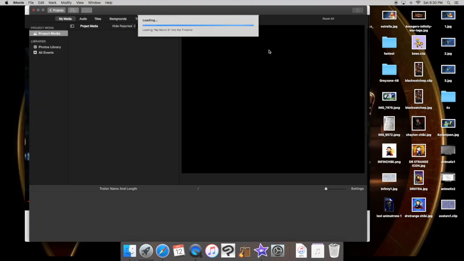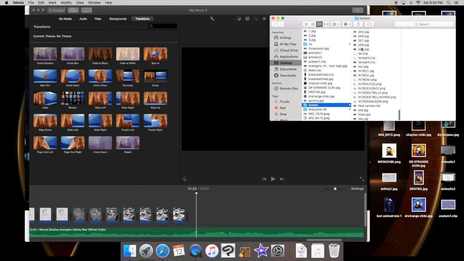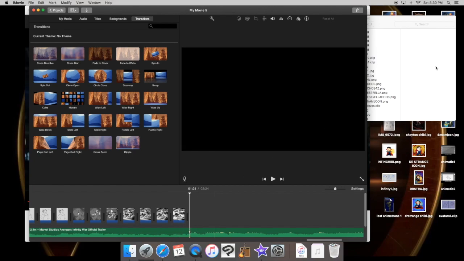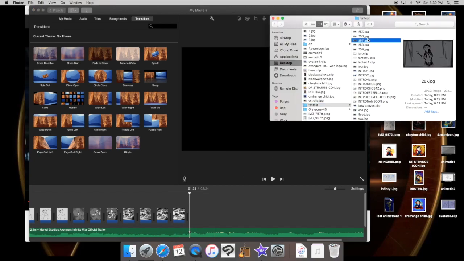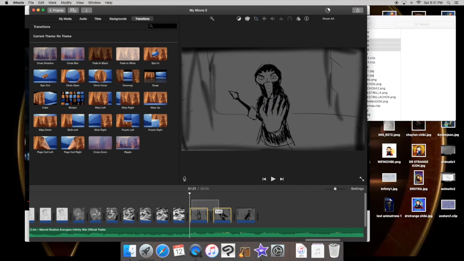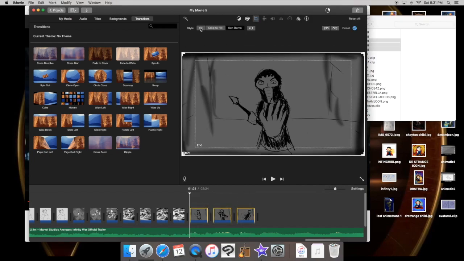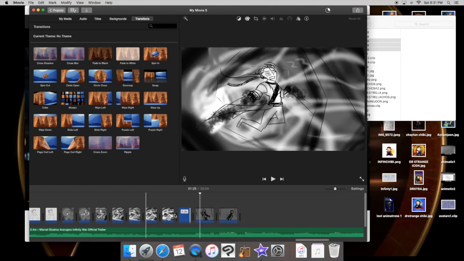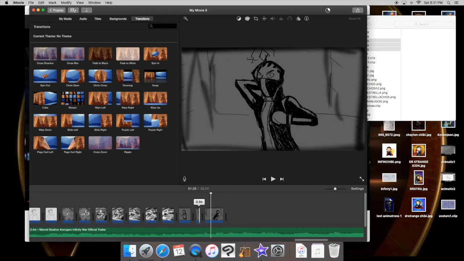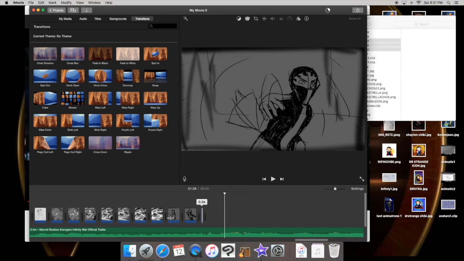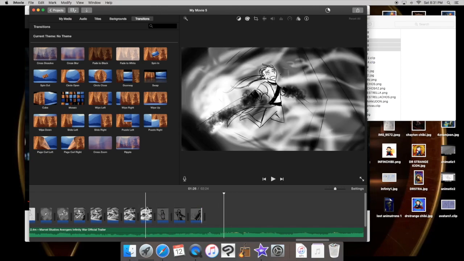I'm opening up iMovie right now, and I'm going to my project that I have. You take those 3 frames, here's the part right before it. And so I take the 3 frames that I want to use. iMovie will automatically add the Ken Burns effect, so what you do is select them all, go to fill, and shrink them to as quick as you want it to be. Mine is a very quick part, as you guys saw, so I'm going to shrink them to about 0.2 seconds. And you can change it however you want